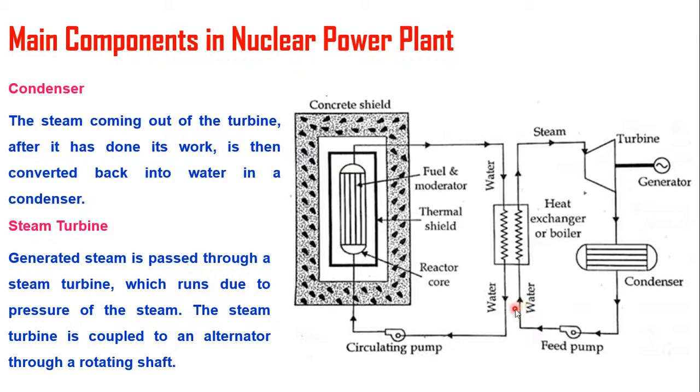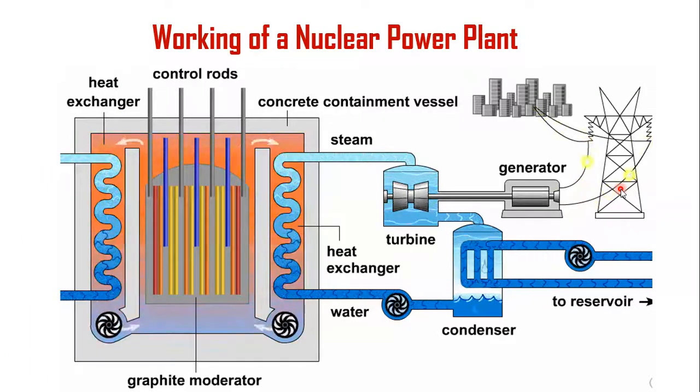Okay, and coming to the steam turbine, it is a common component in the thermal power station also. The generated steam is passed through a steam turbine, which runs due to the pressure of the steam. The steam turbine is coupled to an alternator through a rotating shaft. So now it will show this